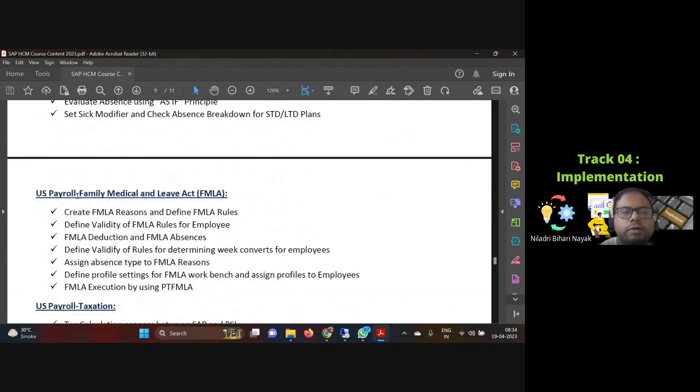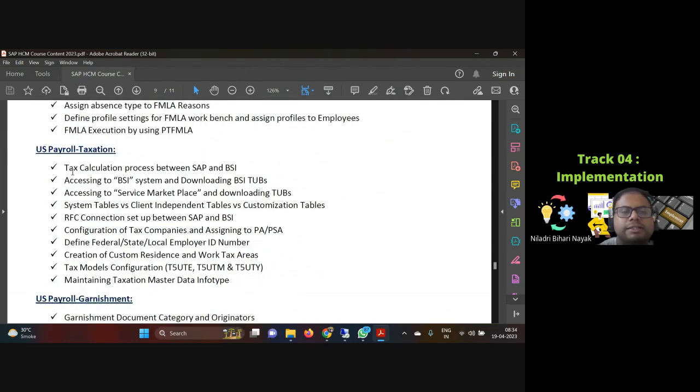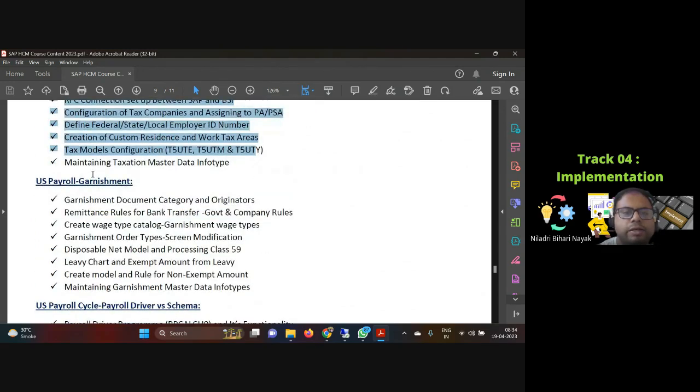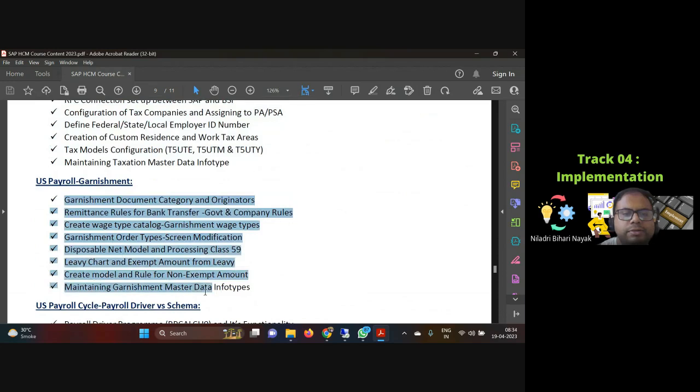So this is something I will cover as well: FMLA and all. Tax-wise, this is a very generic one they have given, like BSI and SUI. We have already seen a couple of tables, but it is more or less a similar thing. Garnishment they have also talked about, which I talked about today as well. The remittance rule I have covered, and the category, document category, and originator we have